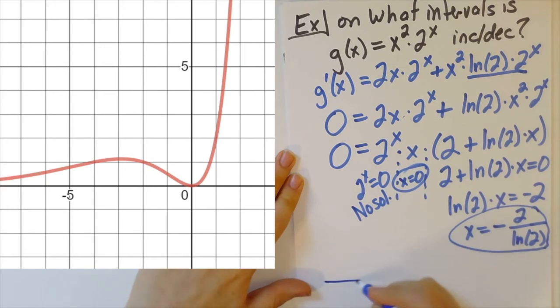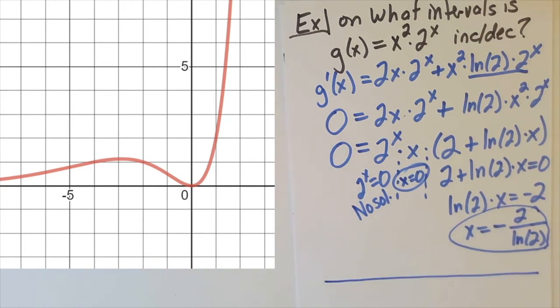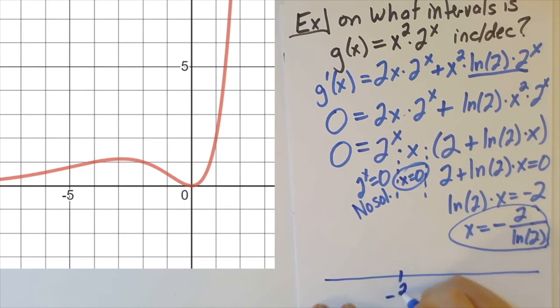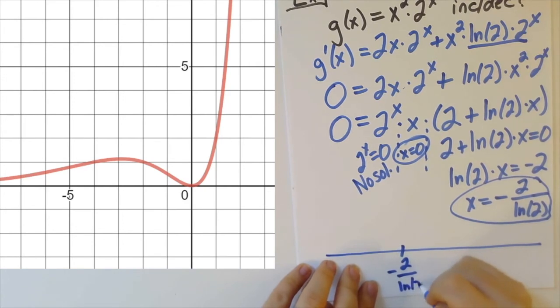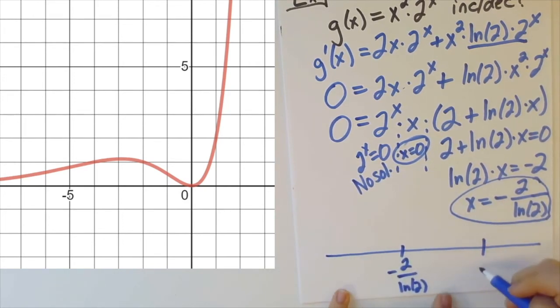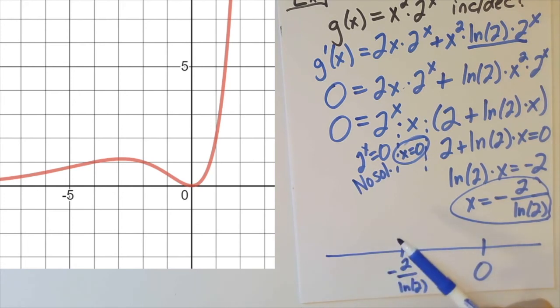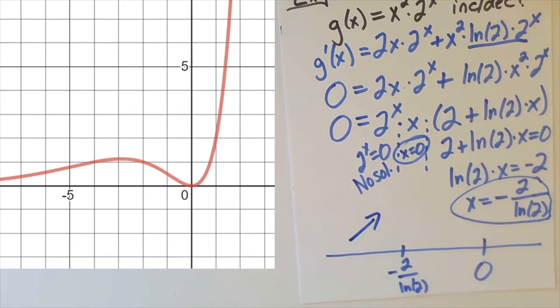Okay, so then we can make our number line with our critical numbers. And so our critical numbers are minus 2, sorry, let me slide this up a bit, minus 2 over the log of 2, and 0. Okay. Notably, I know they're in that order. Okay. And so now I just have to decide, is it increasing or decreasing on each of these intervals? And so this interval corresponds to the first piece. It's increasing there. Then between this negative 2 over log 2 and 0, it's decreasing. And then from 0 onward,